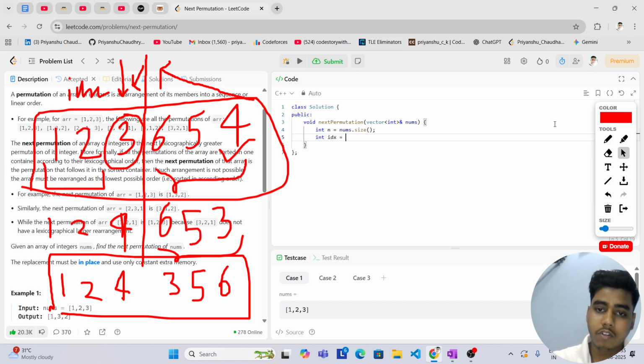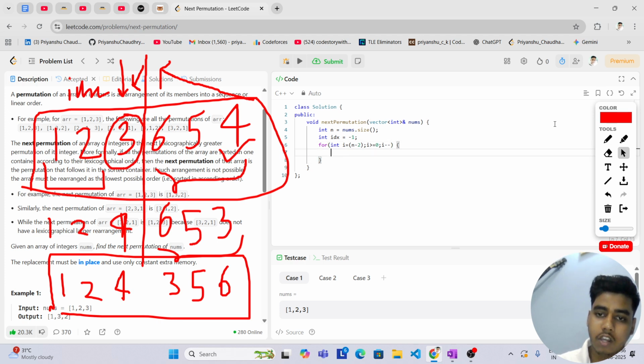Say our breaking index is -1. Okay, now we will find the breaking index from the back. So I will start from n-2, and i should be greater than or equal to 0, and we have to decrease i every time, and any time if I find a number which is smaller than